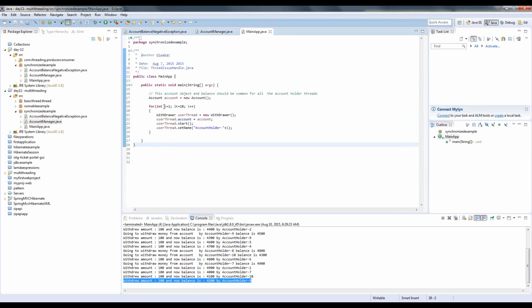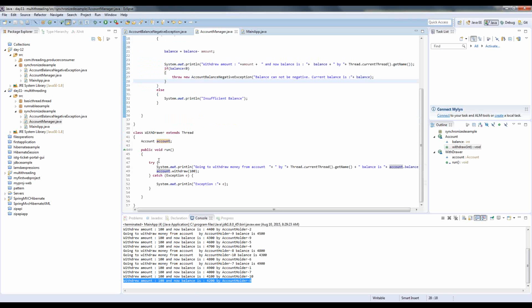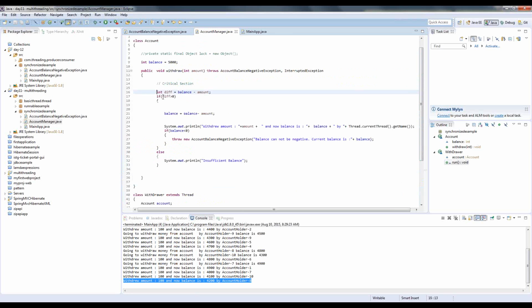I'm creating 10 threads and setting the account object to them, starting them. So once I start, one by one the threads will go into this run method and withdraw 100 rupees. Then the second thread will come, it will withdraw, and everyone will go and withdraw the money. So what exactly is happening here is